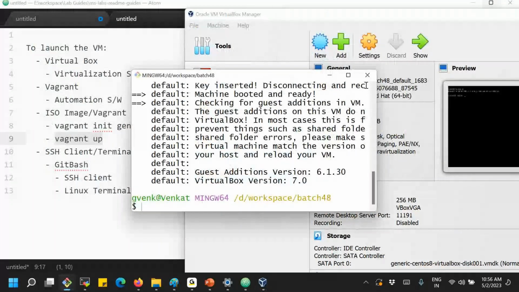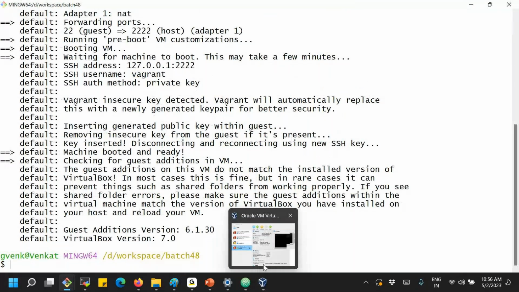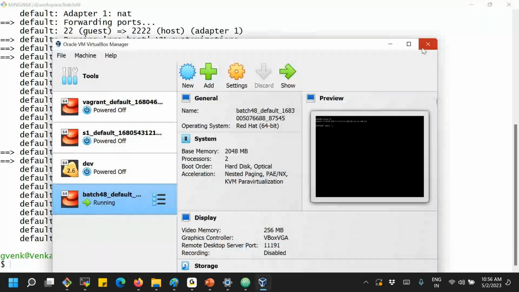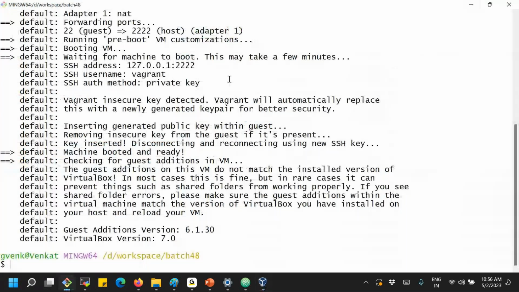Okay, what next? Now the virtual machine has been launched here. Yes, that has been launched. But what next? How do I access this one? Now I need to run the Linux commands on this CentOS 8 machine. The machine is up and running, the virtual machine has been launched. But if I would like to access this one, I need to connect to it, right? How do we access that virtual machine?